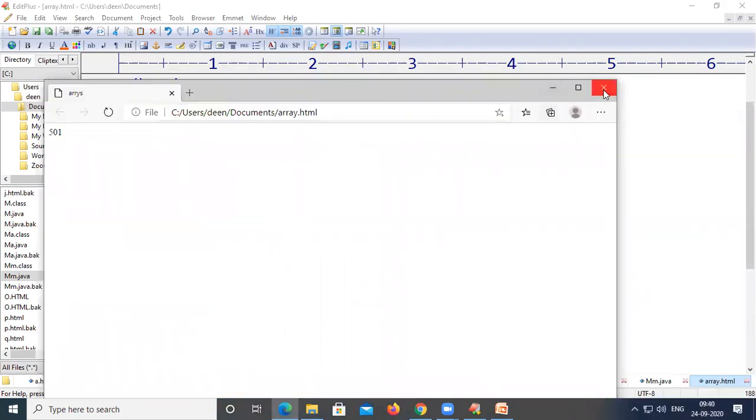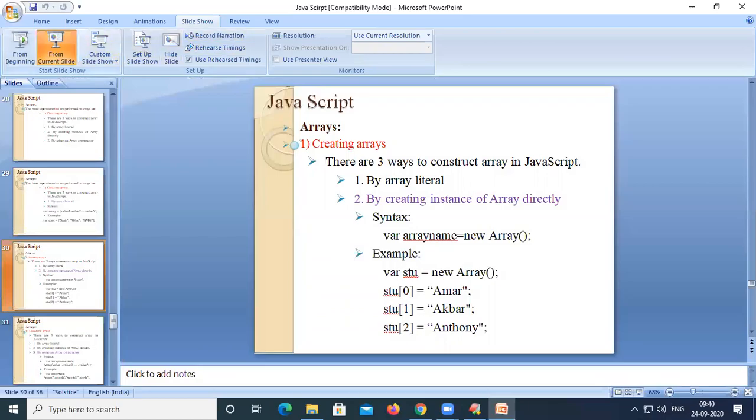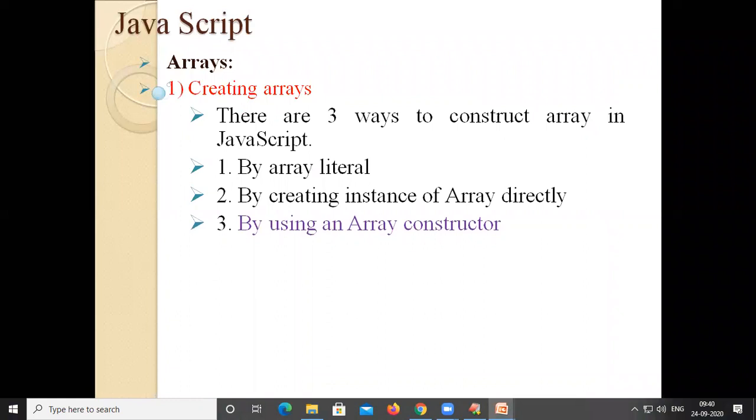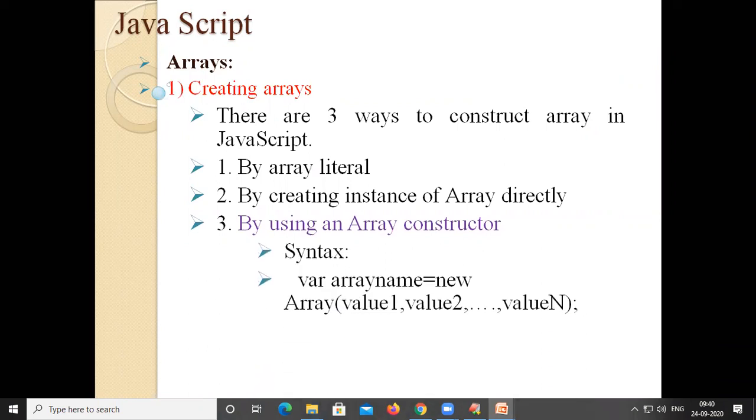Right? And then let us see the PPT, and let us move to the third type of creating an array. The third way is by using an array constructor. Previously we have given the var keyword, array name equal to new Array, and we have closed without giving any parameters.